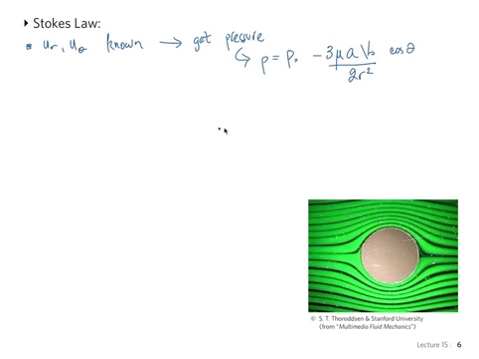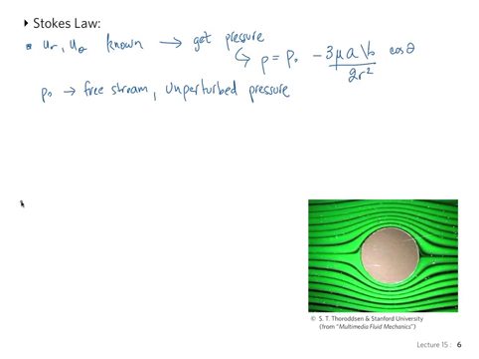So this shows you that there is a pressure drag on the sphere, because P0 would be the free stream or unperturbed pressure,